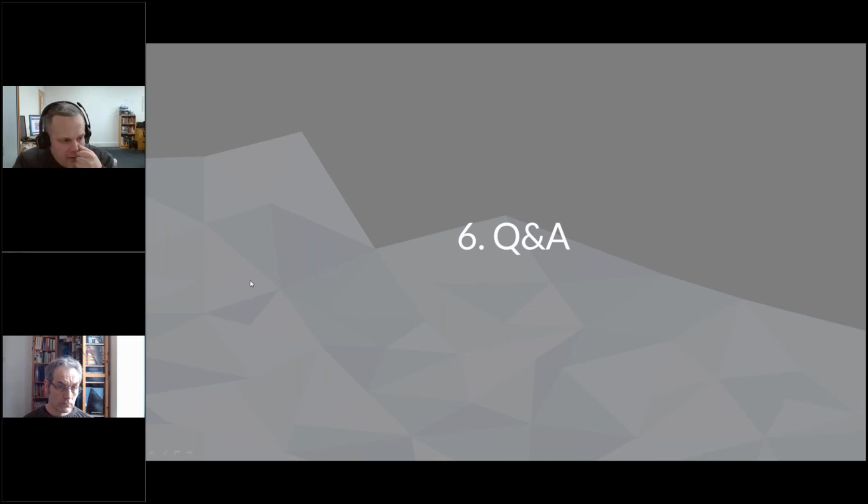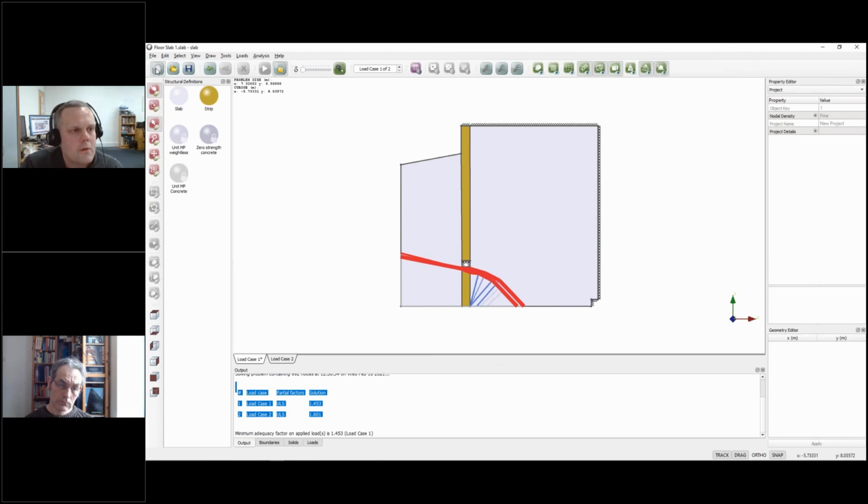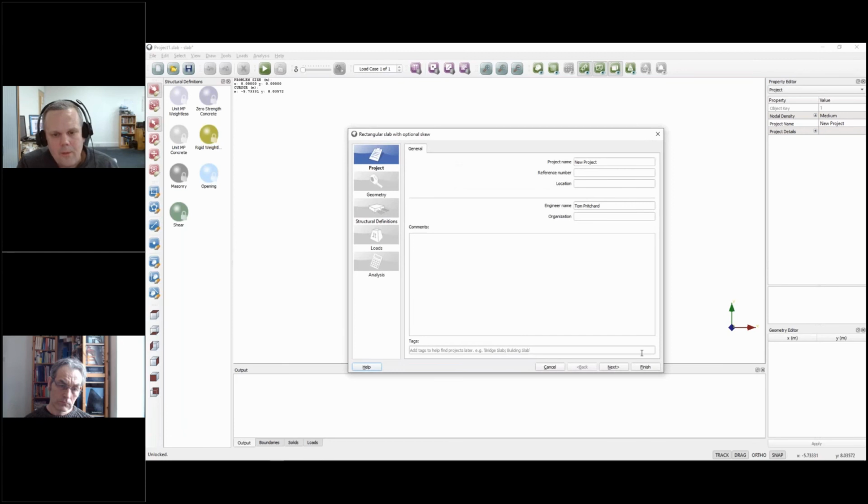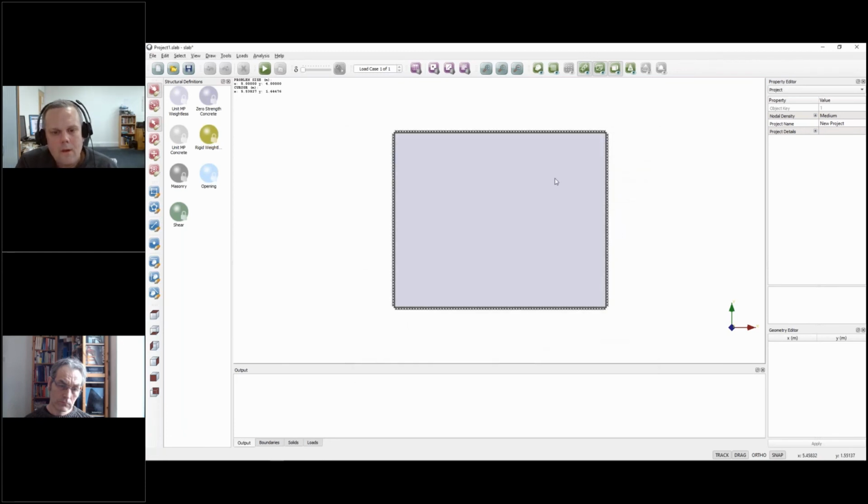Okay, I've had one question that's come through that's just said, can you consider continuous slabs? So yes, I guess we didn't show that in either of the examples, but what I can do is go to a normal rectangular slab, and just remove these, so make them free, and I can add, this is mainly to show